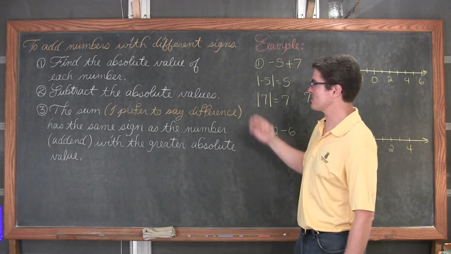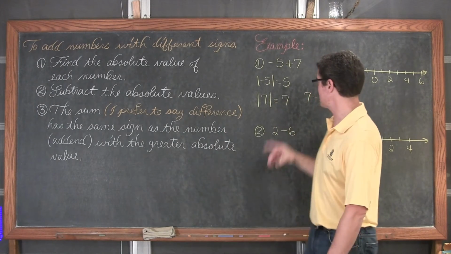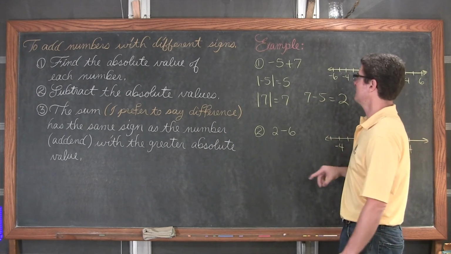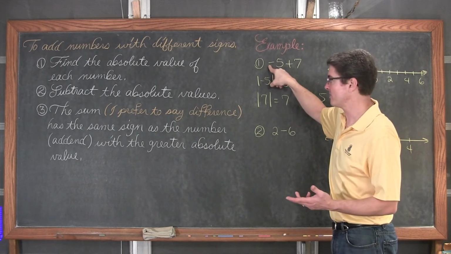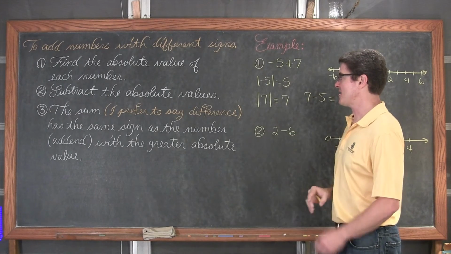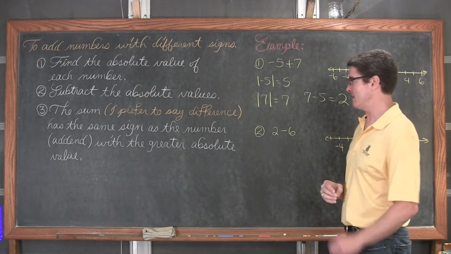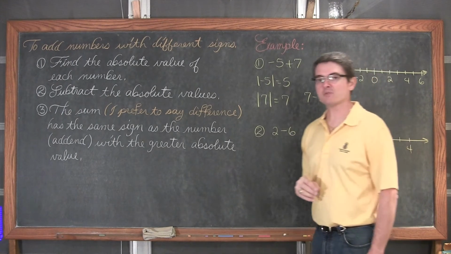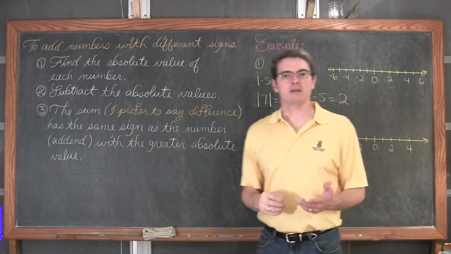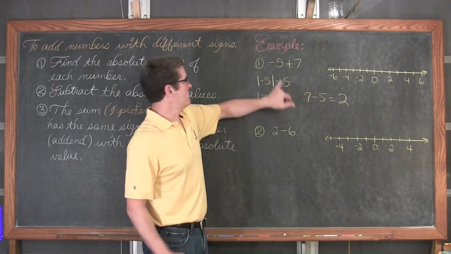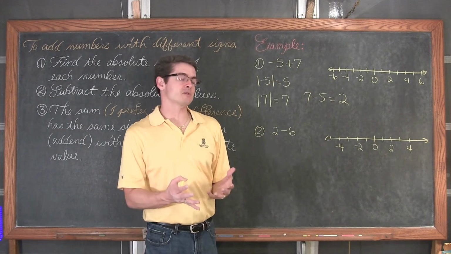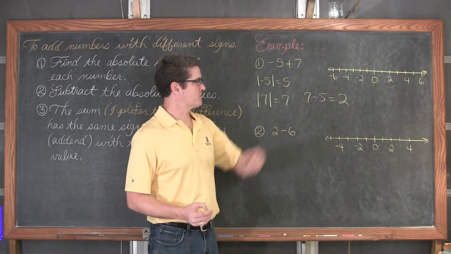Well, it says down here the sum, which again I prefer to say difference because I just subtracted. And I have a plus sign here, but I'm combining a positive 7 with a negative 5. At any rate, the answer has the same sign as the number added in with the greater absolute value. Here's what I'll say in class. I'll say, you're combining values of -5 and 7. They have different signs, so subtract them, and the students will do 7 minus 5.